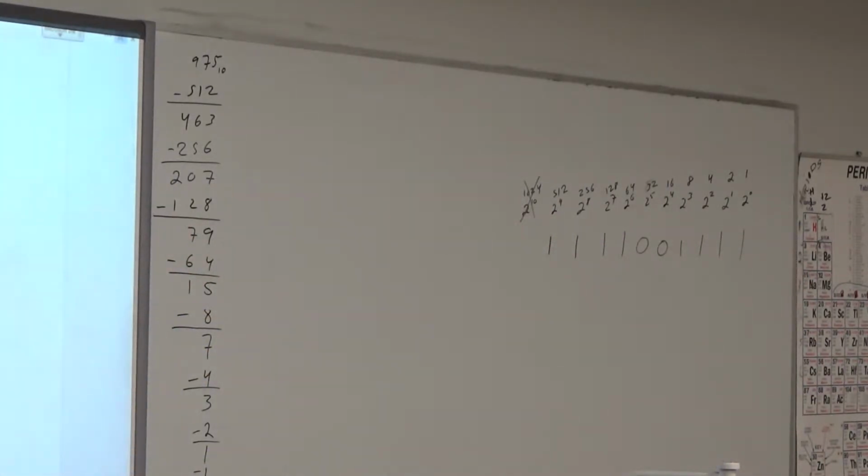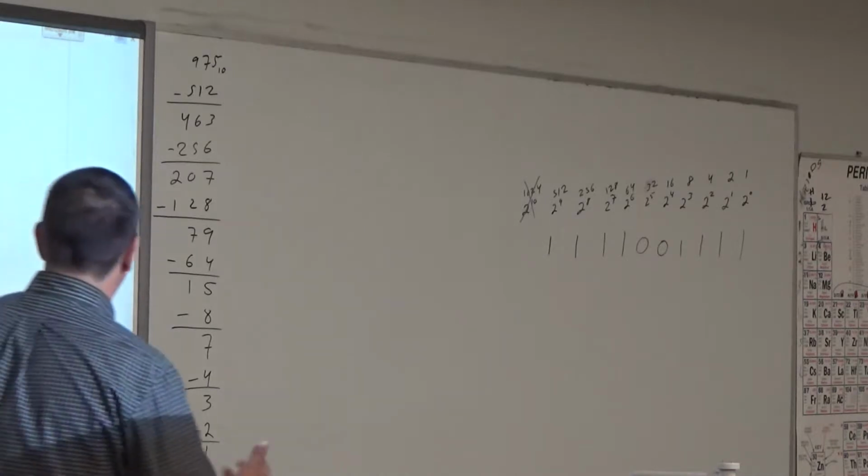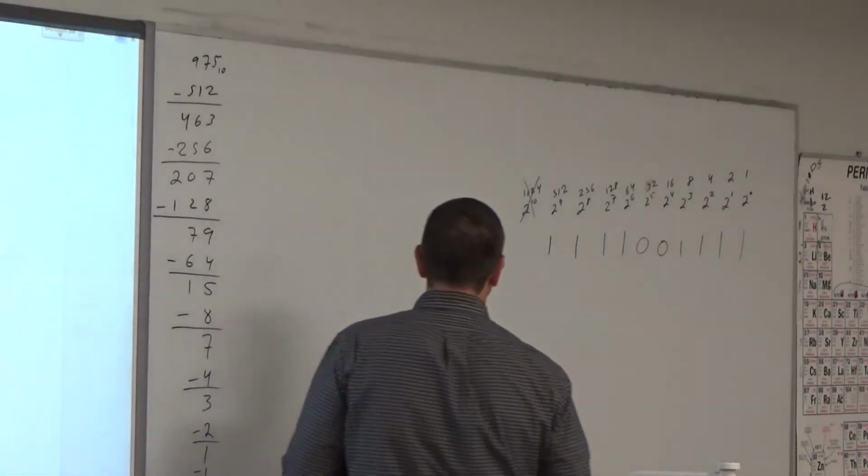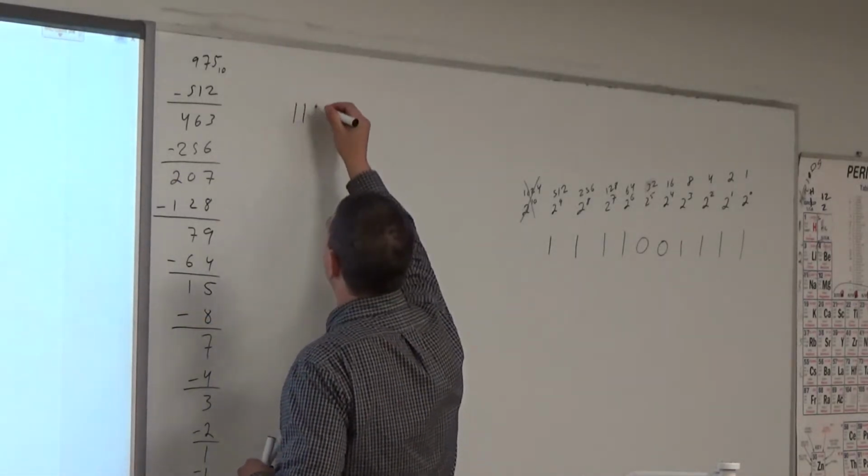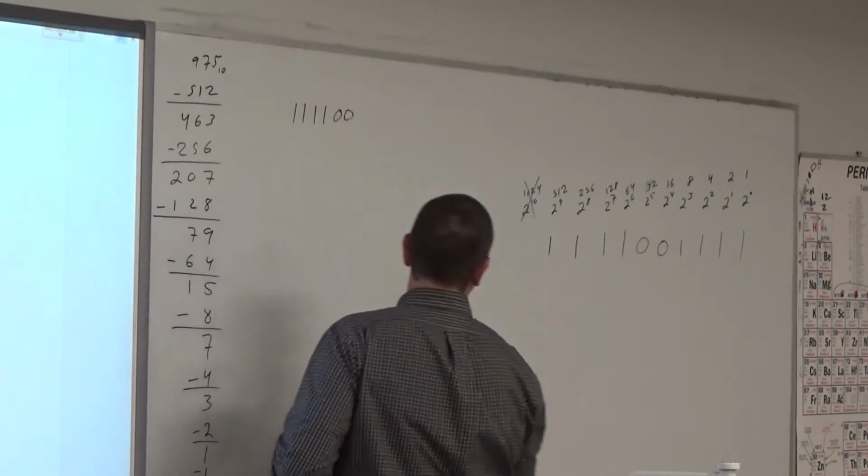And by the way, this is the way the computer has to do it. The computer can only think in very, very discrete terms of whole numbers. So, unfortunately, this is fairly tedious for us to do as humans. Computers do it very, very easily. Okay. So, if I was looking at a number in base 2, 1, 1, 1, 1, 0, 0, 1, 1,